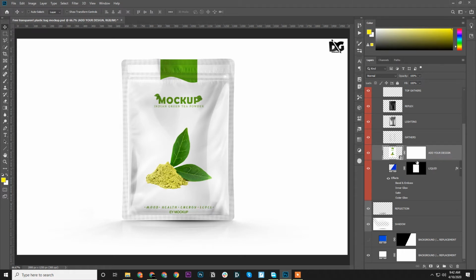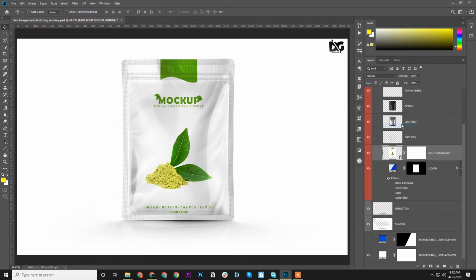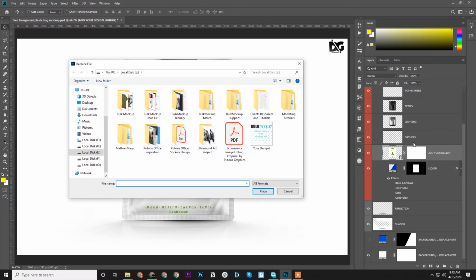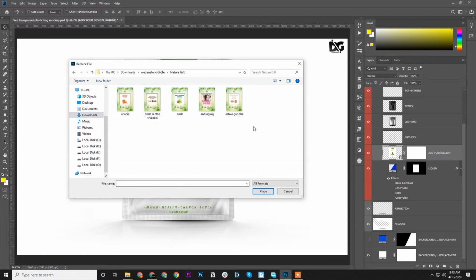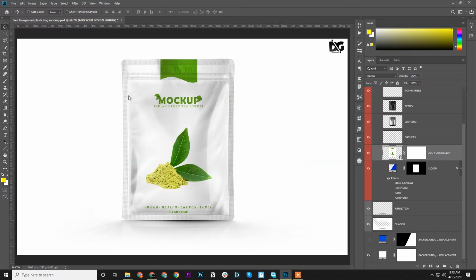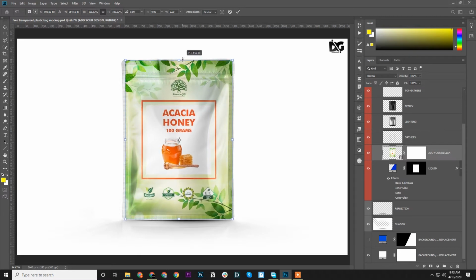So what we are going to do is right click, replace content. I'm trying to show you manually, then we'll use the bulk mockup tool to do it. There you go. Again, this is not resizing properly to the brim that we wanted.